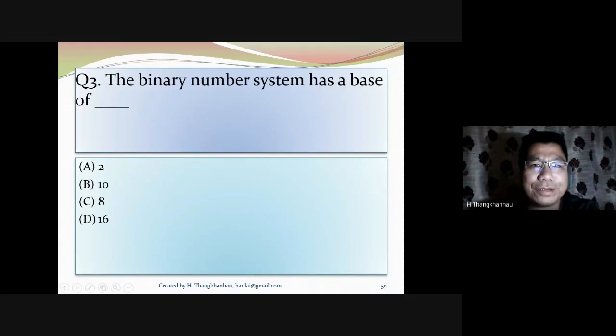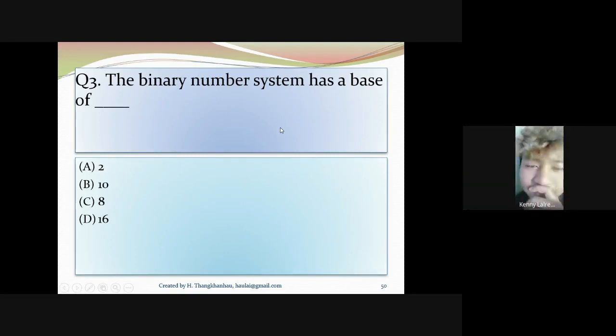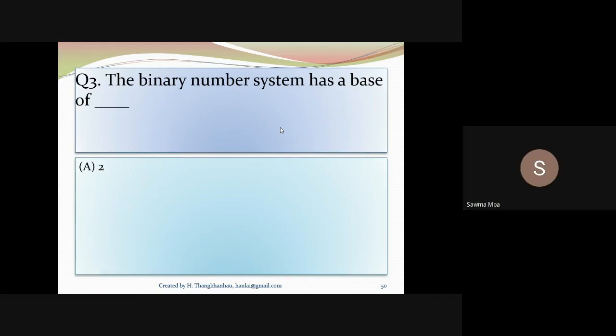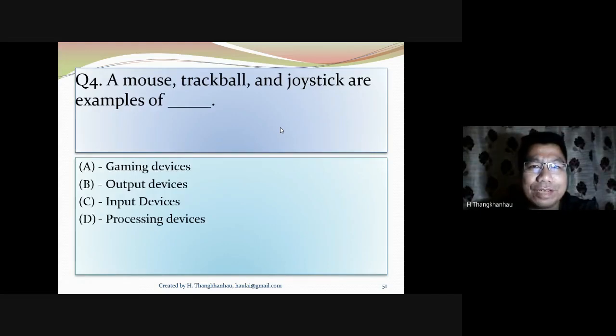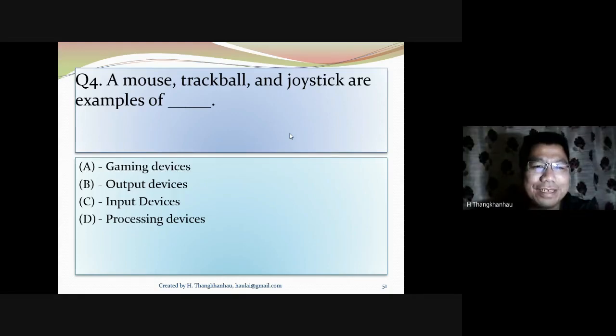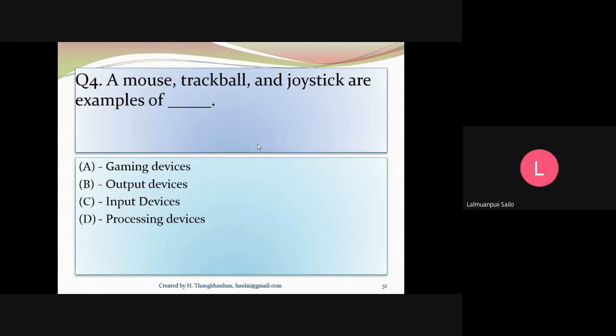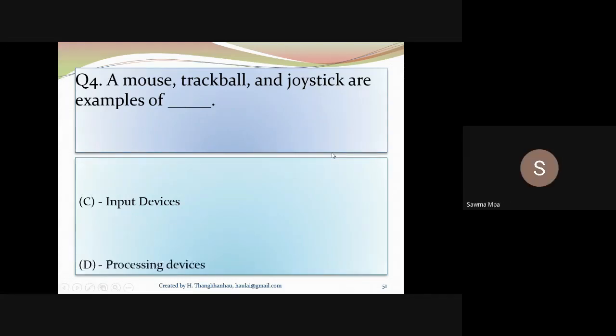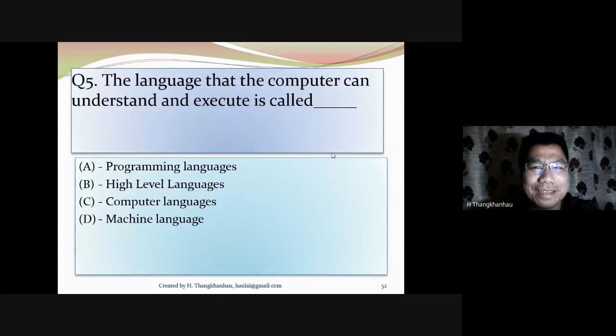The binary system has a base of two. Then a mouse, trackball, and joysticks are examples of: A. Gaming device. B. Output device. C. Input devices. D. Processing devices. What will be the answer? Input device, sorry. The language that computer can understand and execute is,